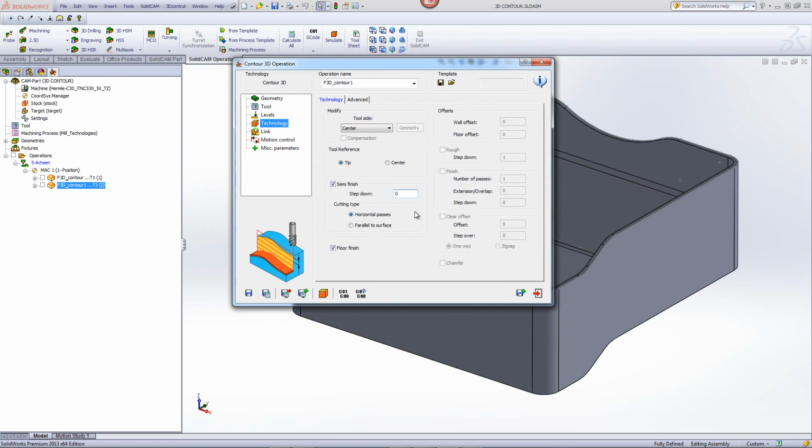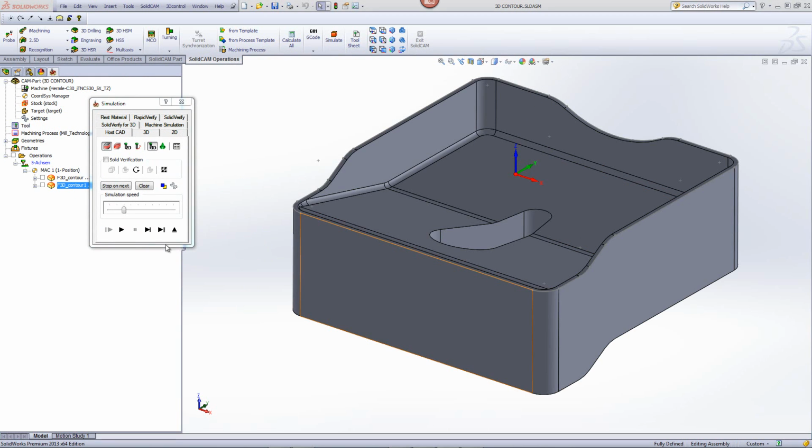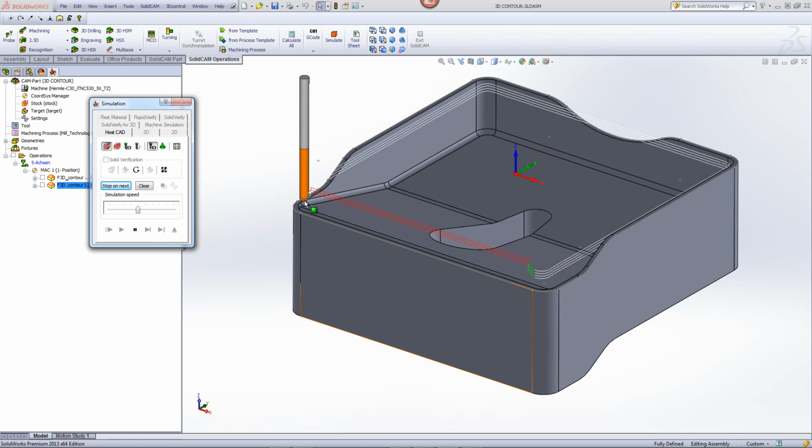I'll be doing that in a moment. I want to first start off with horizontal passes. I'll have it step down every 3mm, and then we'll run our simulation. You'll note that in the simulation, the tool actually works around the part itself every 3mm, right now going in horizontal cuts. When it gets to its surface, where it hits over here, it'll actually start shortening its tool path,